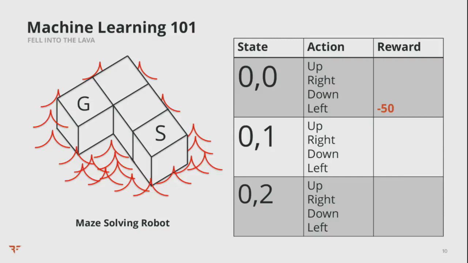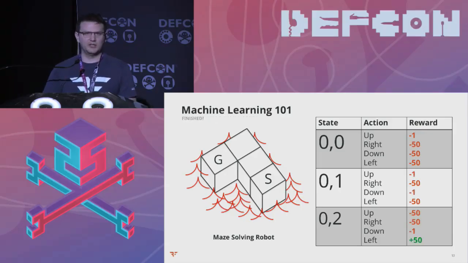And then it knows to not try that again, or at least it knows to try to explore some other state. So it might then try moving upward and get minus 1 and say, hey, that was a little bit better. Now that it's in the next square, it can try turning right, fall into the lava again, and get another minus 50 points. Then it continues this entire process, exploring things that it hasn't explored before until it's found its way to the exit and it can derive the optimal solution.